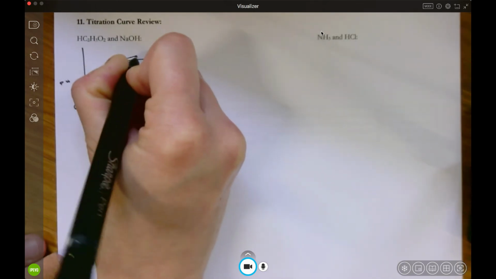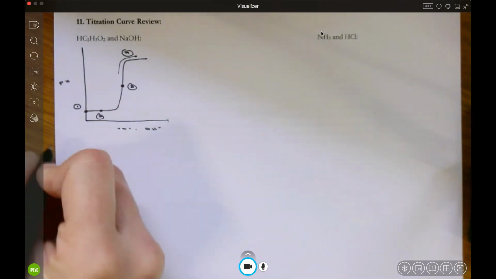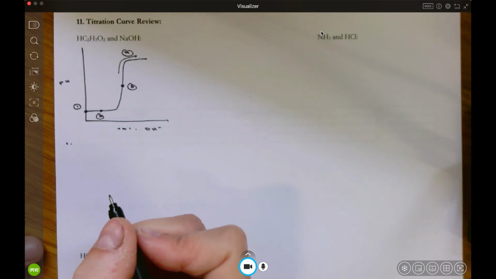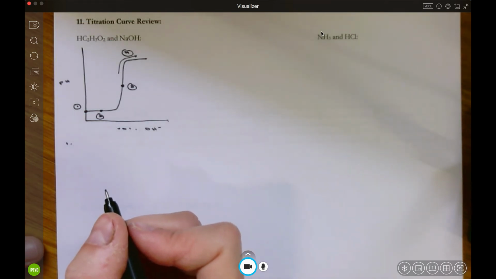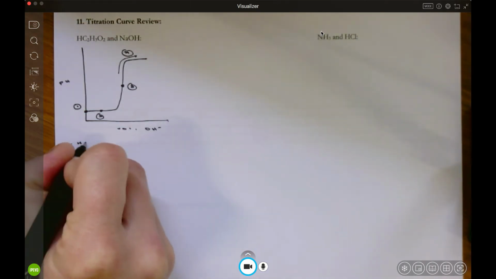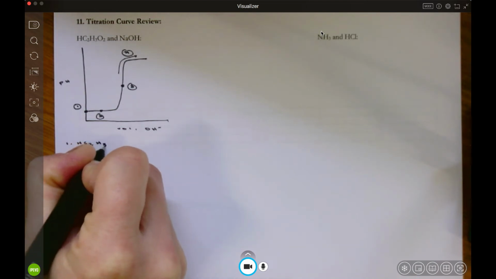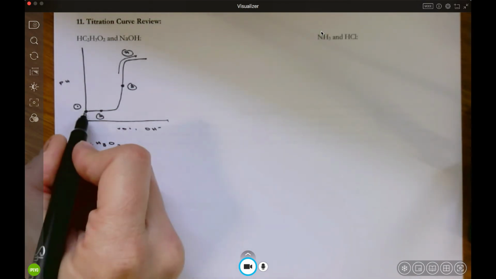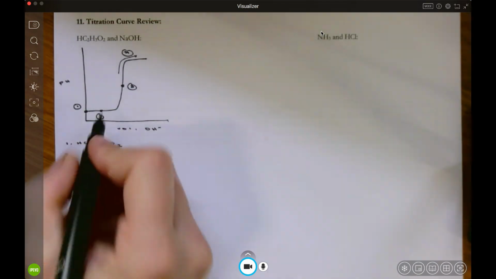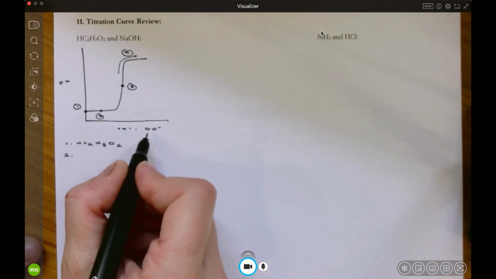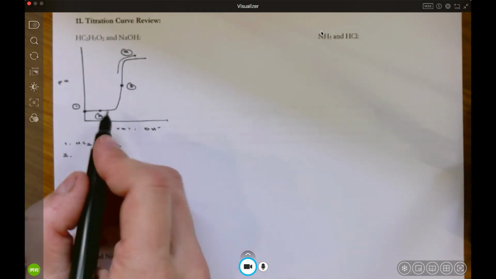So from here on is step 4. Okay. So when I start off here, the only thing that I have present is going to be my acetic acid, because I haven't added any hydroxide yet. Okay, that's step 1. For step 2, I have slowly started adding hydroxide, and I'm going to say this is